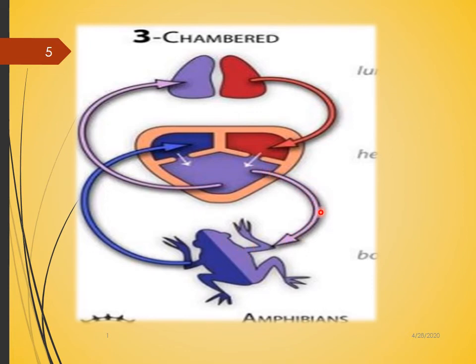Here we have discussed the carotid arch and systemic arch, and they carry blood towards the different body parts. Again it is collected by the help of the anterior and posterior vena cava. Blood collects into the right atrium, from the right atrium to the ventricle. A common ventricle is present, that's why we say this is an incomplete double circuit, because in the ventricle both oxygenated and deoxygenated blood are present.